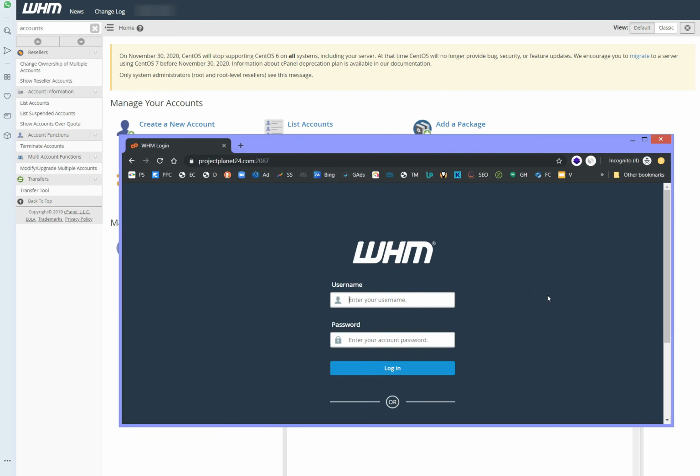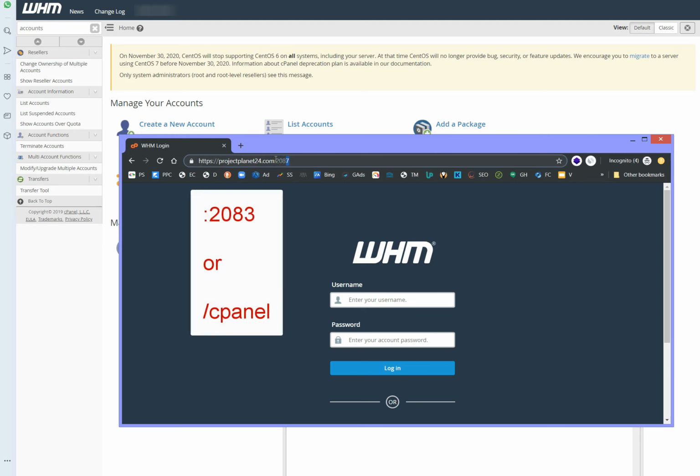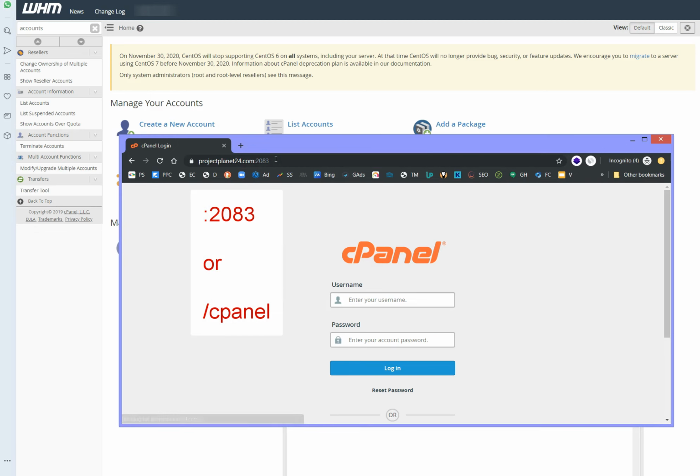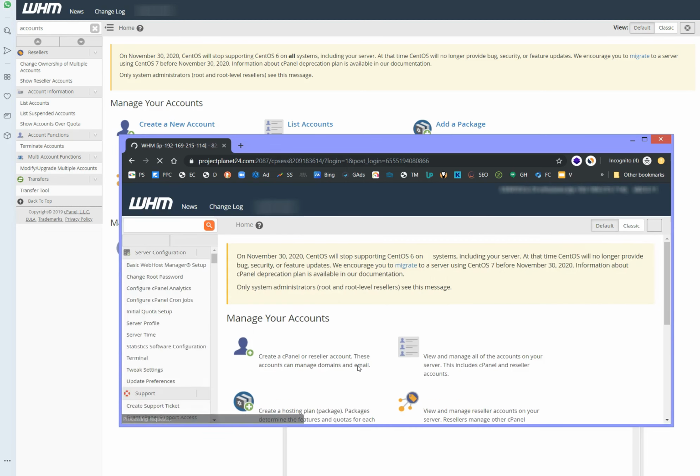Let's say you have 2 or 3 accounts. You can use any of the domains from those accounts to log in by just adding the port 2087 for WHM or 2083 for cPanel. But I'm going to log into WHM right now, and this should work. As you see,